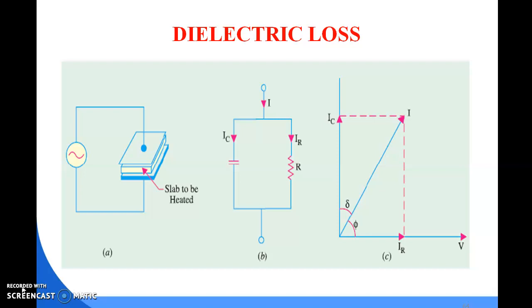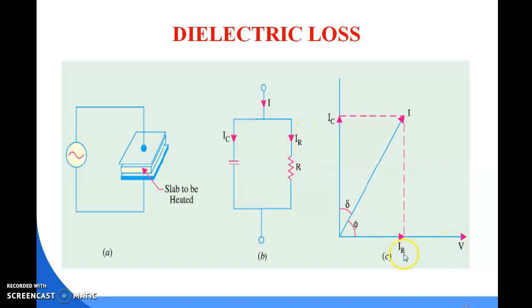Okay, and suppose you are taking it as an RC parallel. Okay, R and C are parallel here. I is the current flowing through that, and it is divided into two currents. That is, in case of R it is IR. In case of the capacitor it is IC. So dielectric loss, what is this dielectric loss? The figure B.